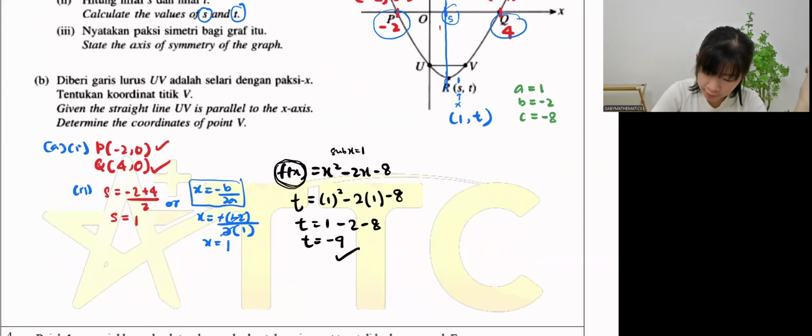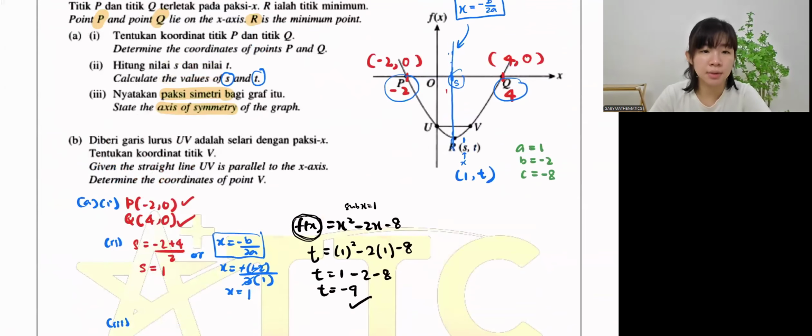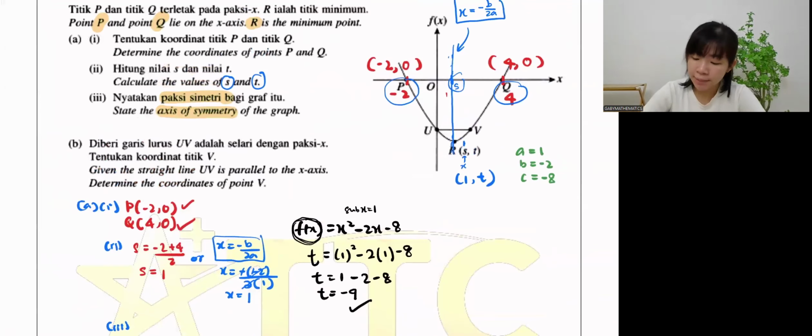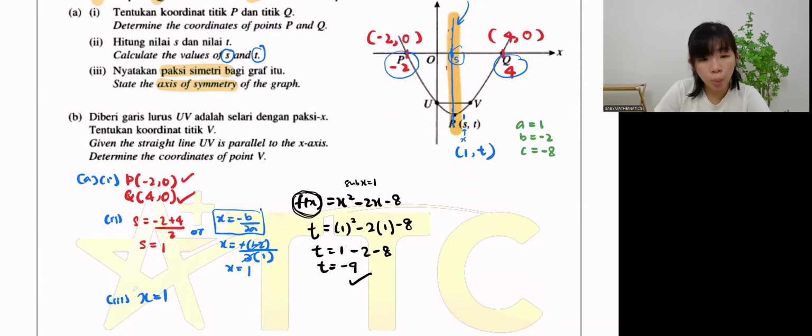Okay, now number 3. Guys, number 3, the question asks, what is the axis of symmetry? What will be your answer? The axis of symmetry is the line in the middle. You need to write the equation. What do we call this line? We found that this line is at 1, isn't it? It is a vertical line that touches the x-axis at 1. So this line is called x equals 1. Straight away answer.